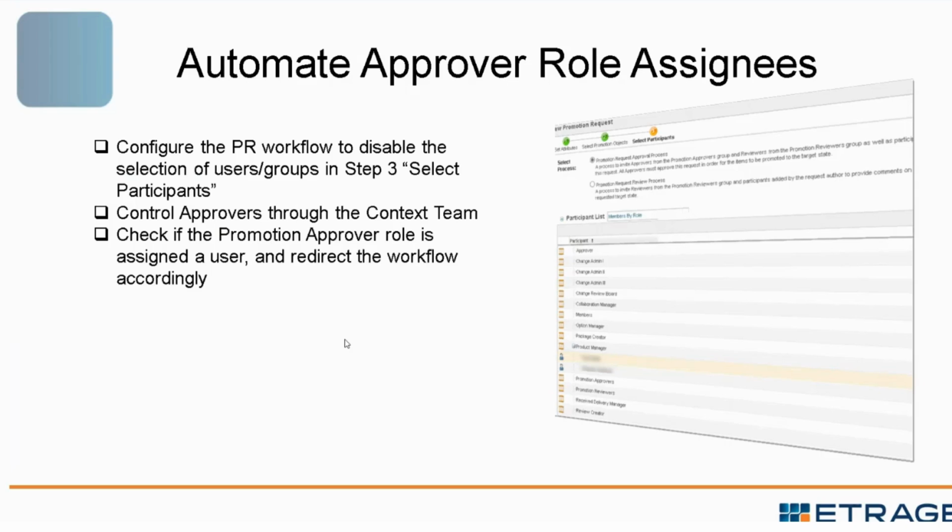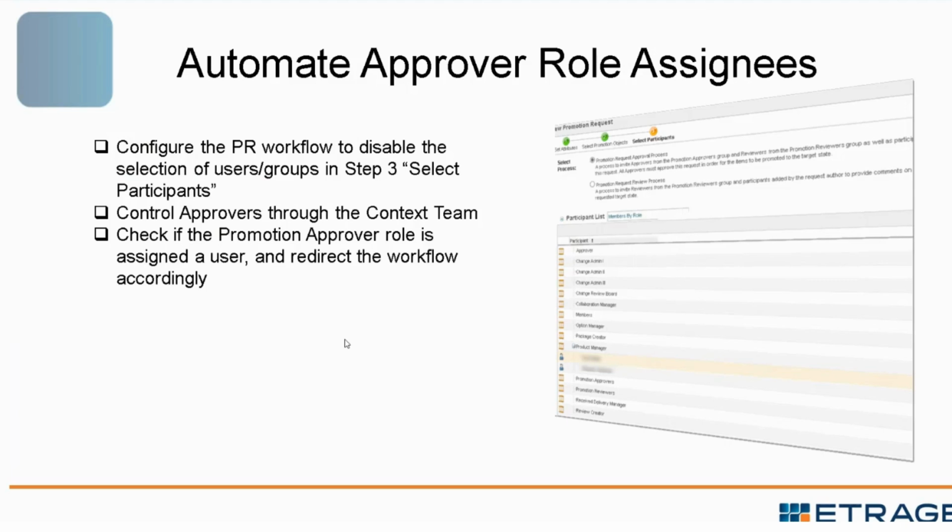Additionally, if you don't allow selection, who receives these tasks? Then you control this through the team template and your context team, and you could be selective. You could have multiple roles, and the users or groups assigned to those roles become the recipients. And the last thing is, even if the product manager forgets to assign users to those roles that you're now relying on